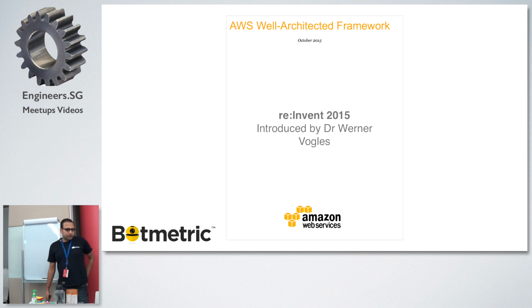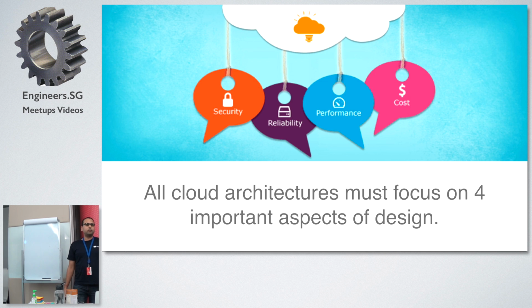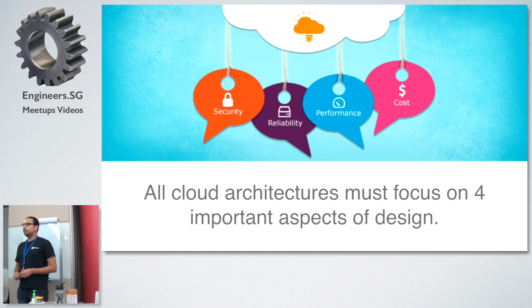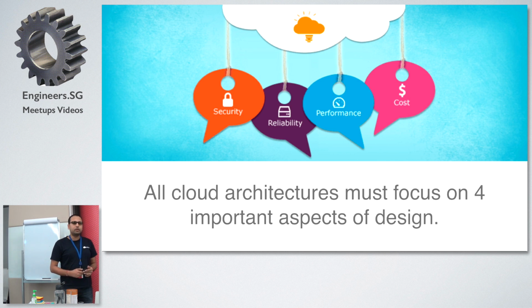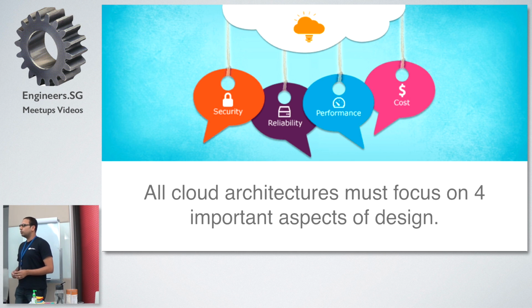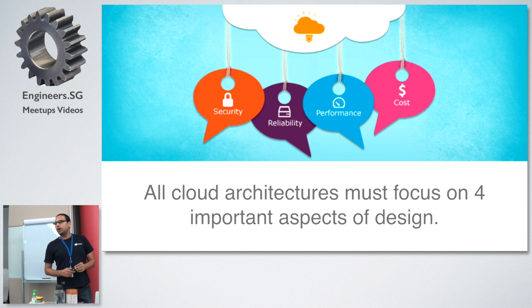Now, this white paper primarily talks about four areas of the well-architected framework on AWS. These areas are security, reliability, performance and cost. Everybody who is setting up architecture on AWS will say that the infrastructure they're building is pretty much secure, very reliable, performing very well, and cost optimal. Nobody ever plans an architecture which is not complying on all these four primary areas of the